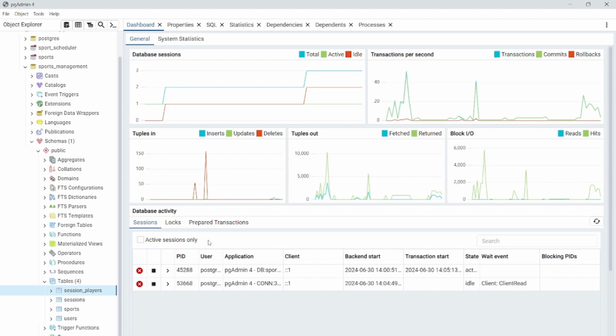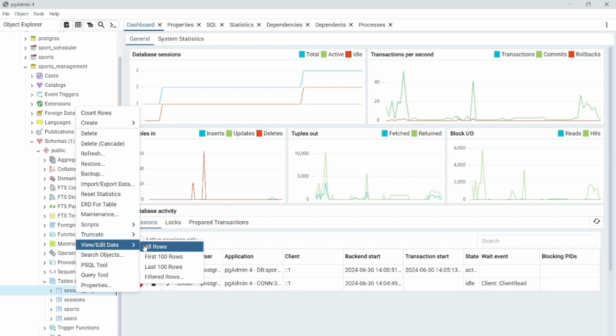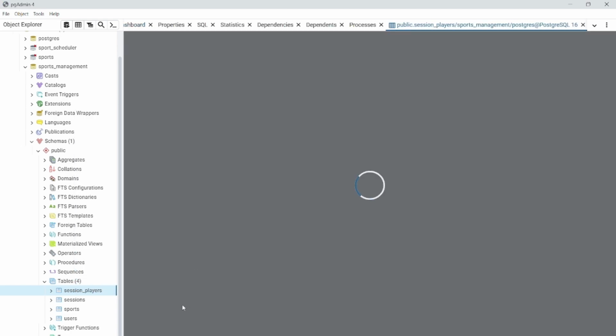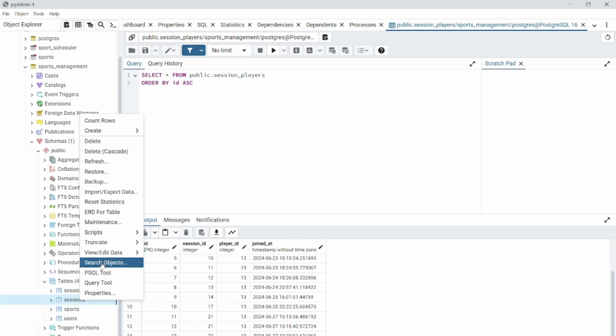Let's go to pgAdmin. This is the PostgreSQL. We can see the session players and the reports generated. Here in the session players, the table has the columns ID, session ID, player ID, joined at, and in the sessions, the details